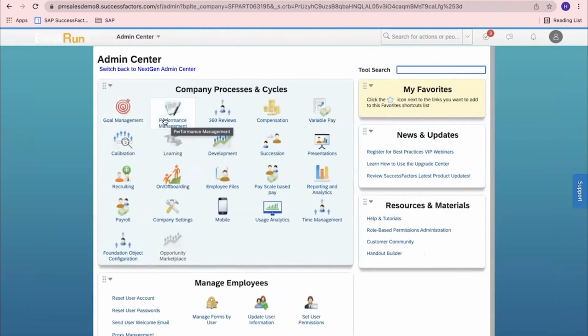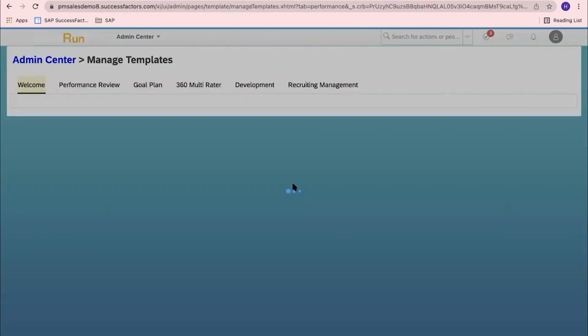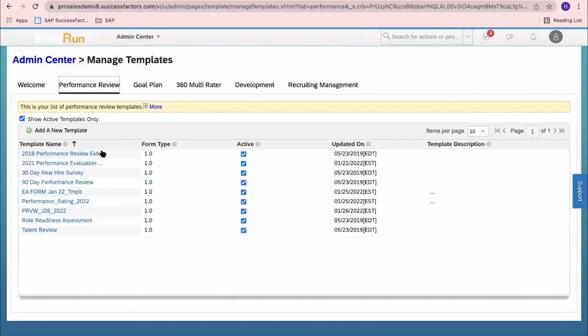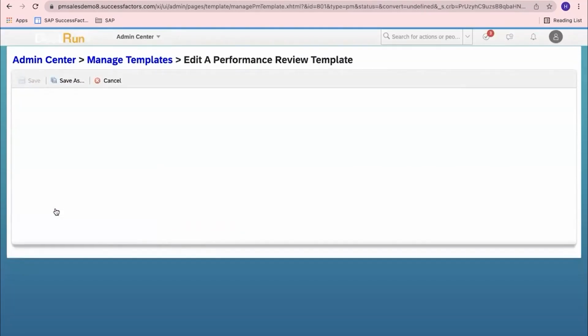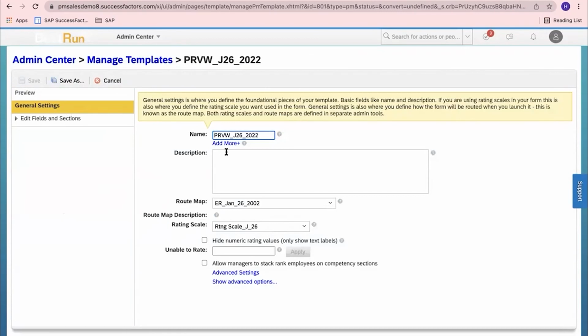Oh, I'm totally confused. Yes, go there. Go there. What do I have to see? Manage templates. I wanted to see the route map which is assigned to that template. Performance review. Go to performance review. You're correct. Whatever you're doing is correct. Don't get confused. General settings. What is the route map you have assigned? ER Jan 26,